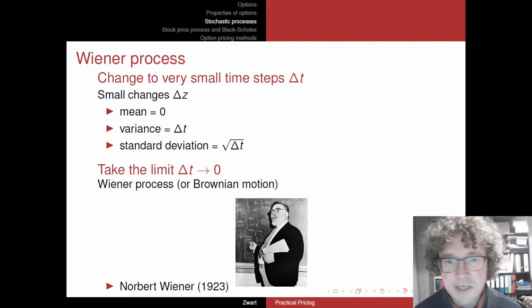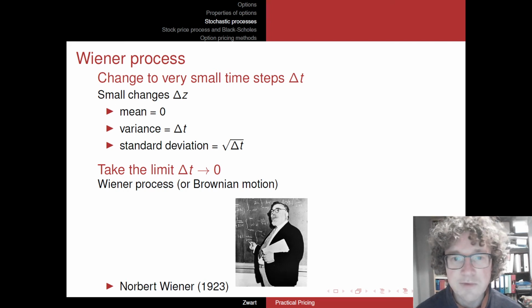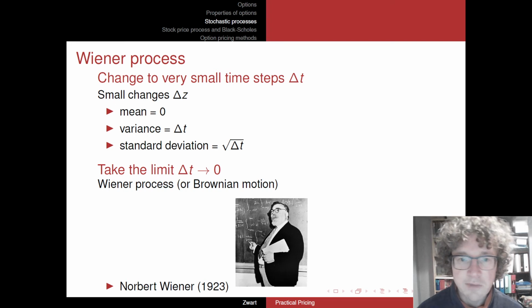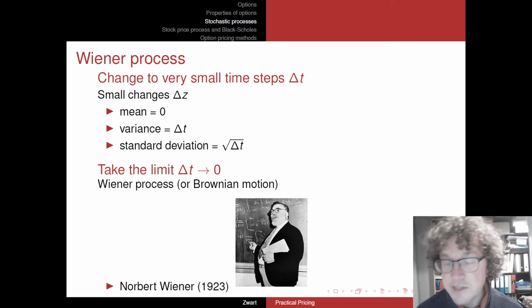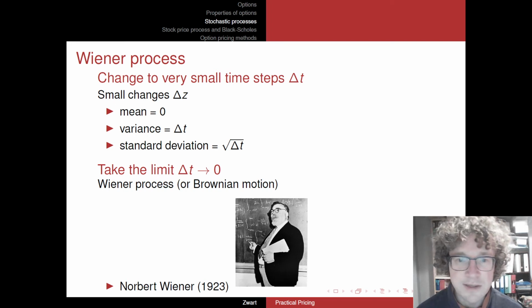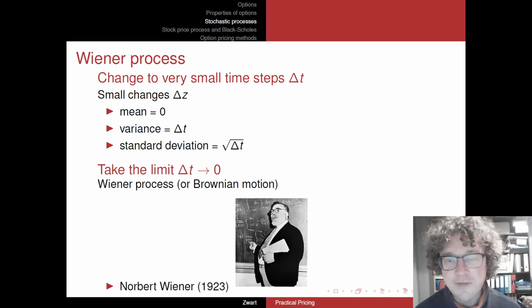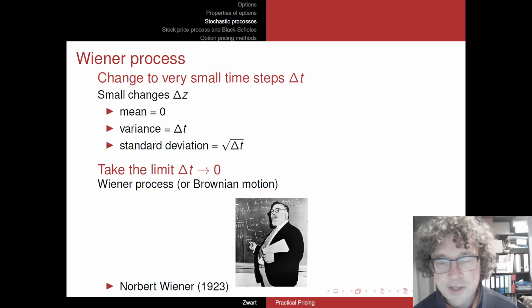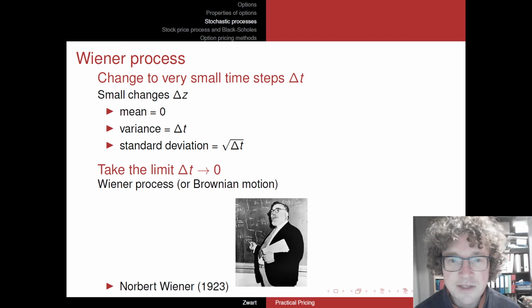So Brownian motion basically comes from the physics description of particles moving in a solution, for instance. This Wiener process was, as I mentioned, invented by Norbert Wiener, who is in the photograph. He's a famous mathematician, a genius, but also sort of the archetype of the absent-minded genius, the absent-minded professor, if you wish. So there are lots of anecdotes about this man, so you can look them up on the internet. If you Google Wiener and anecdote, you'll find